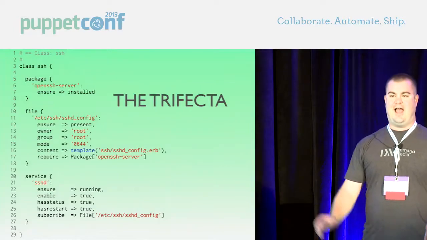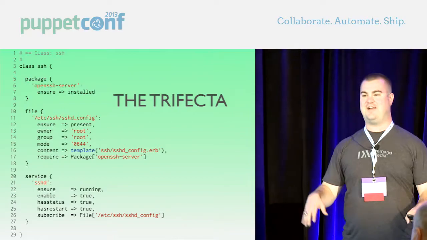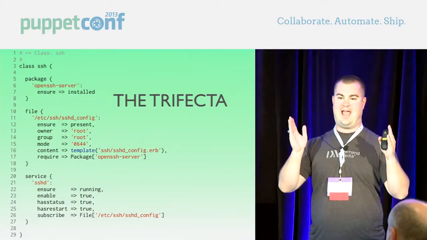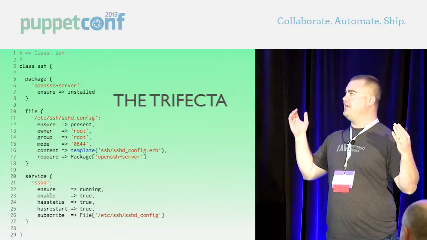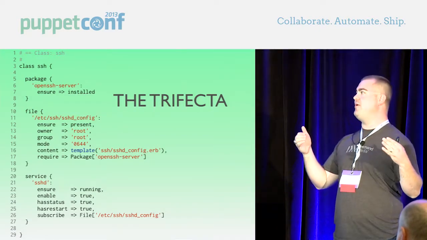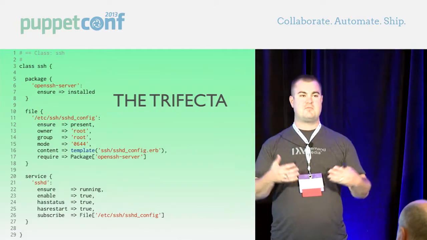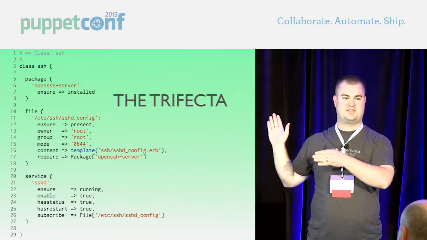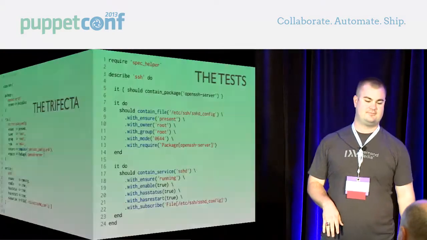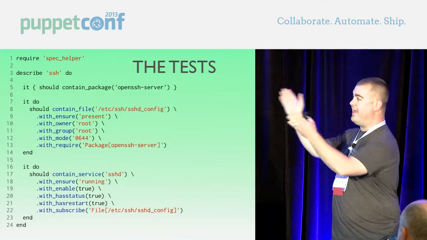Okay. How many have seen this code? This is the quintessential example, we've all done it. In fact, it's called the trifecta on the actual cheat sheet. You have a package, you have a file, you have a service. They all kind of work together the same way. This is hello world for Puppet. We've all done this. And hey, we've got tests that test that, except